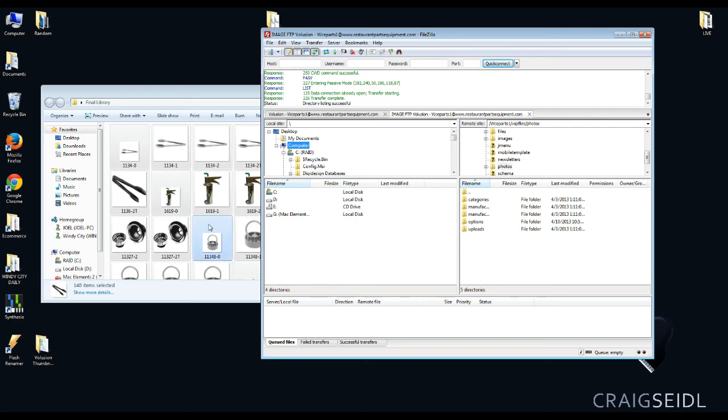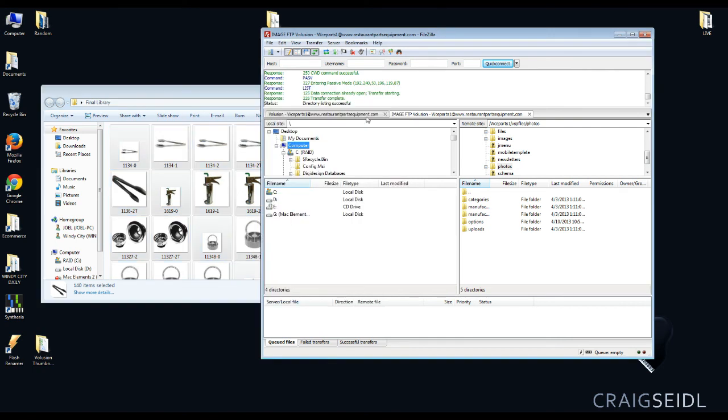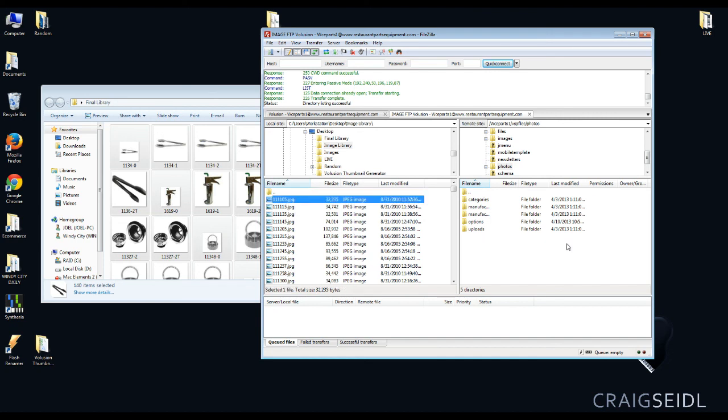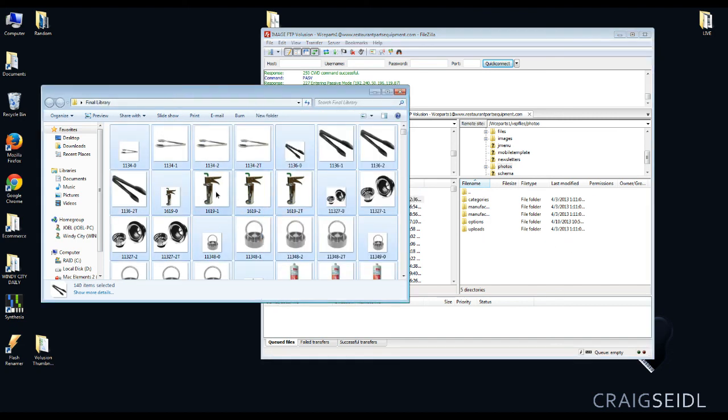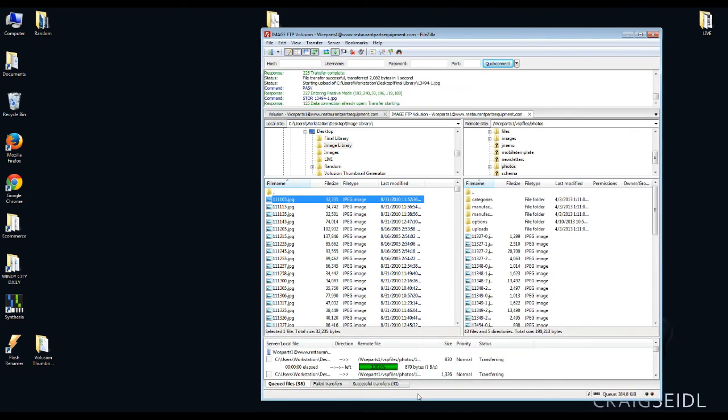So you can either go into the file system and just click and drag like this and drop. I'm not going to drop it just yet. Or you can find it in the left-hand column here using the file system. You know, go into desktop and then image library, and then you can transfer them that way. I just like to click and drag. It's nice and simple. Once you click and drag, it's going to start working, and as you can see, it says the queued files, that it's all going down, successful transfers,